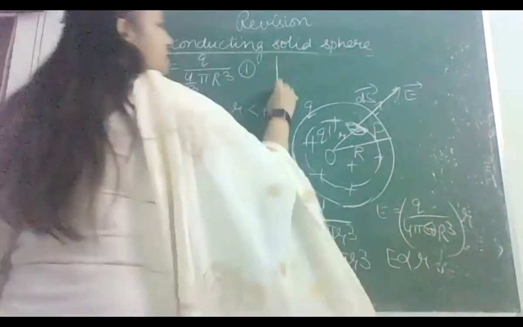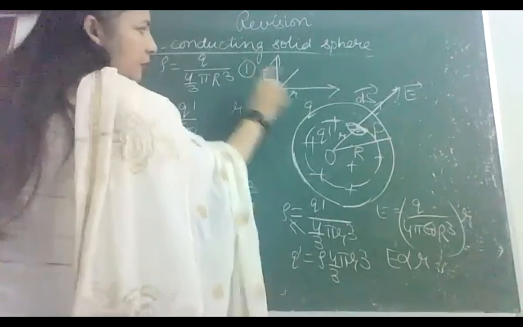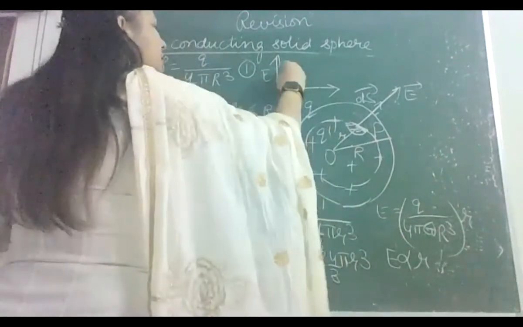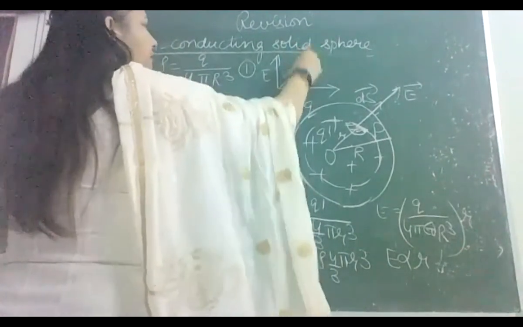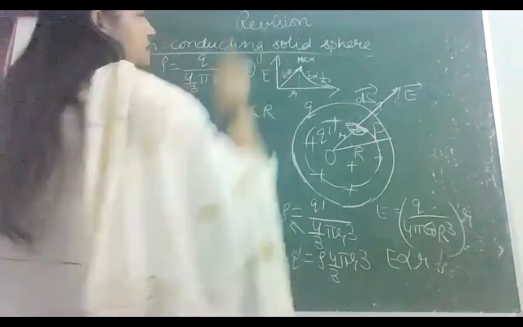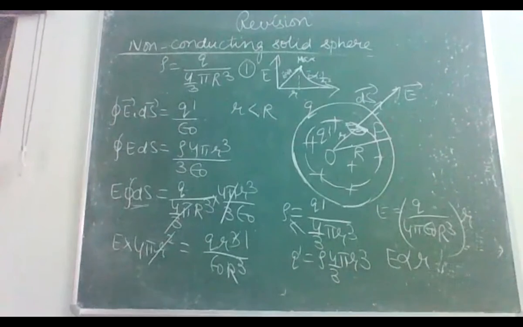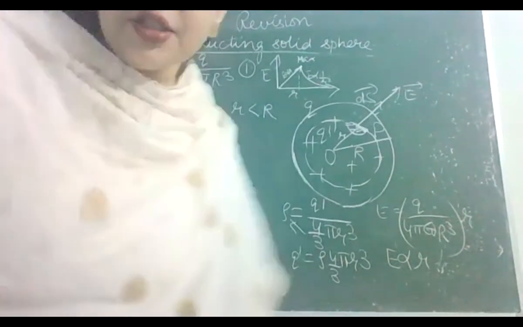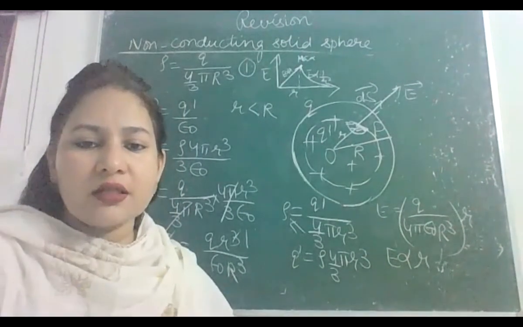So our graph also gets modified. In this portion also we get a straight line showing direct proportionality. E proportional to r. So here E is proportional to r, then it is maximum here as before, and then inversely proportional to r square. And here maximum. So this will be how our graph will also get modified. So have a look. देख लीजिए एक बार सारी एप्लीकेशंस आपको क्लियर हैं कि नहीं है. If you have any doubts, students, you can ask.